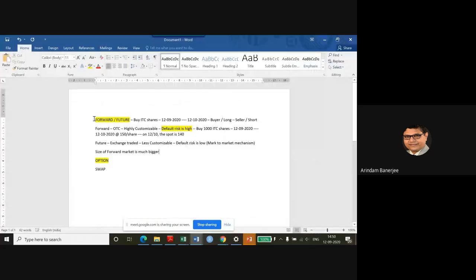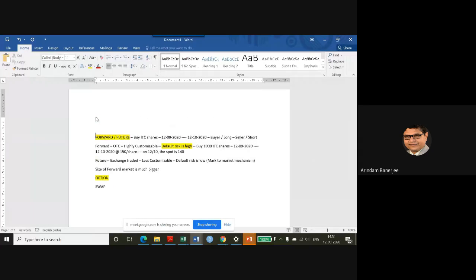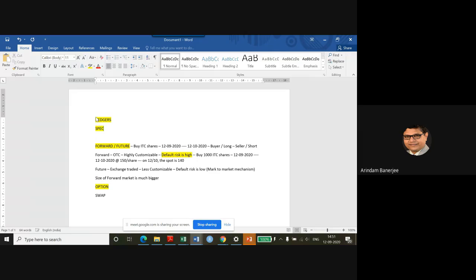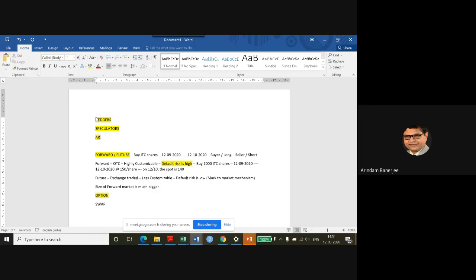Now coming back to these derivatives, there are three types of players in the market. One is called hedgers. Second is speculators. And third is arbitrageurs. So all the large corporates in the market are actually hedgers. So these forward and futures contracts can be used